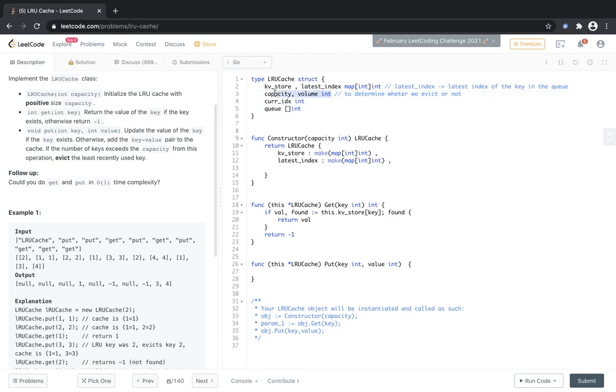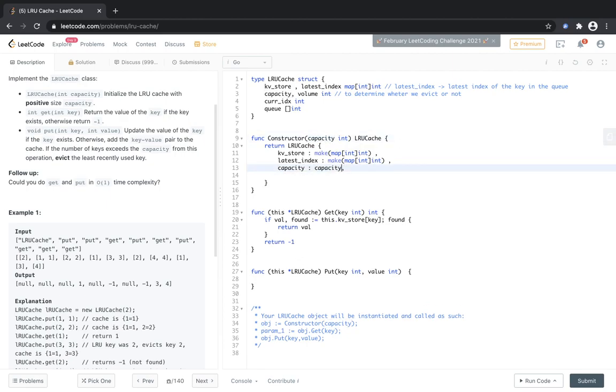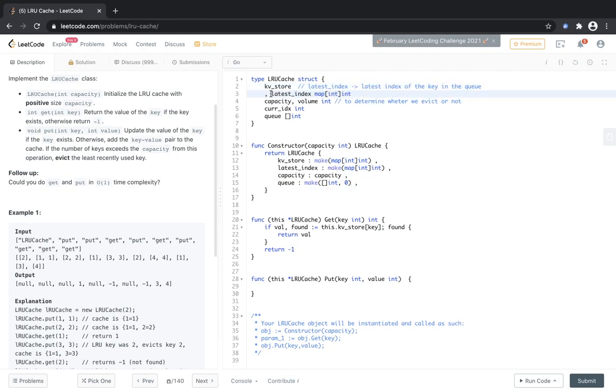Capacity and volume are also going to be 0 because initially the map is empty. No, actually the capacity is going to be the capacity which is already defined here. And what is this queue going to be? It is going to be an empty array of integers. So this is how we initialize it.